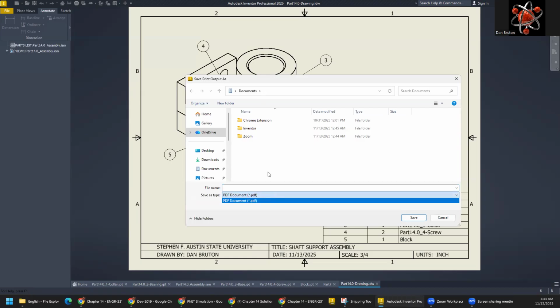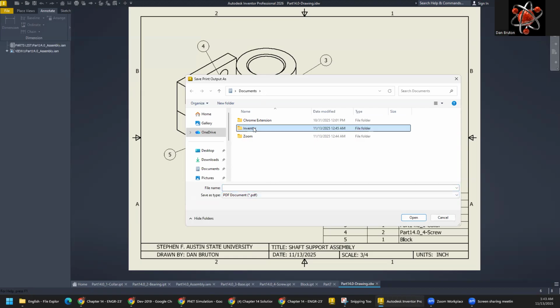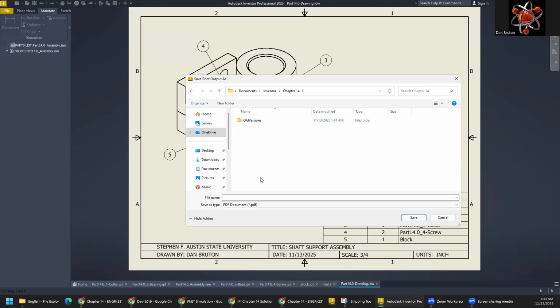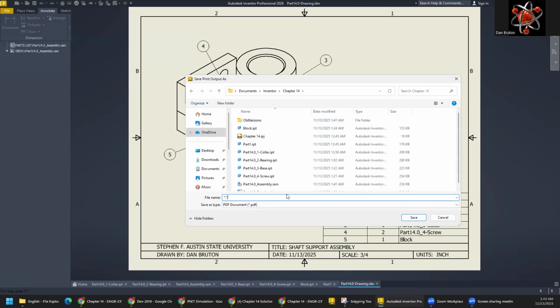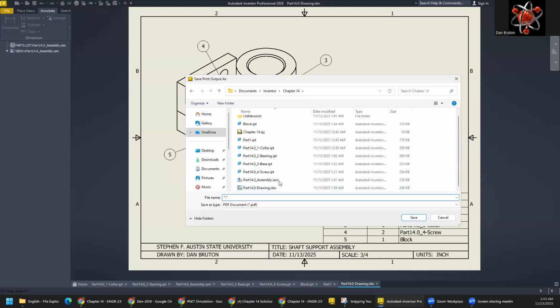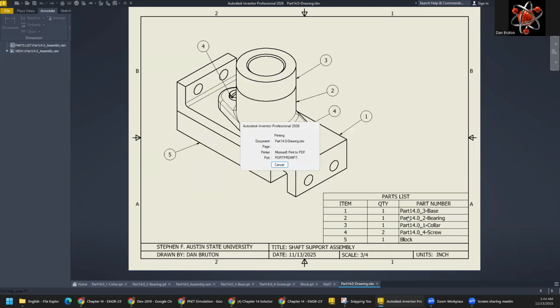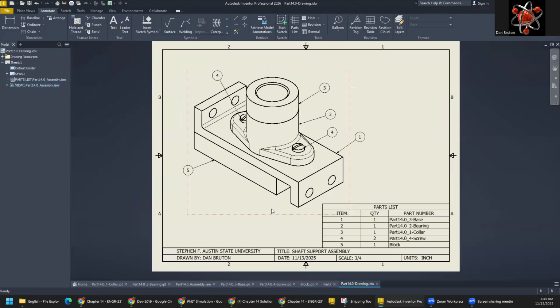You could do something like this, where you go into Inventor, chapter 14, and then you can do star dot star to look at the file names, because we want it to be this one, but not with an IDW, but a PDF. That's just a way you can cheat a little bit of getting the file name properly done, so that then you can